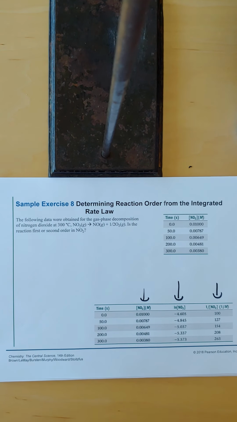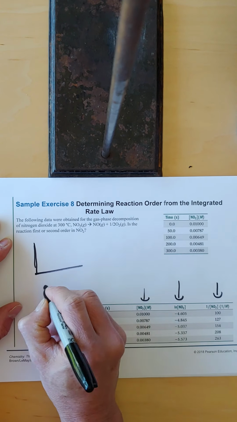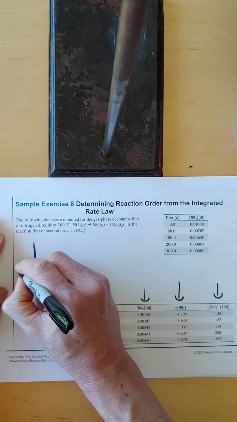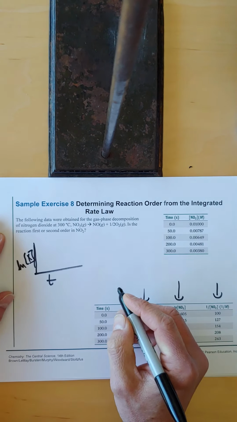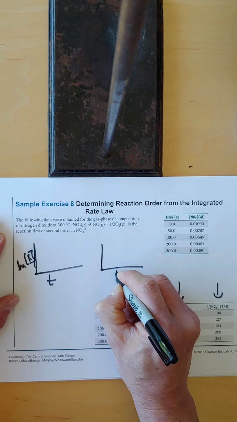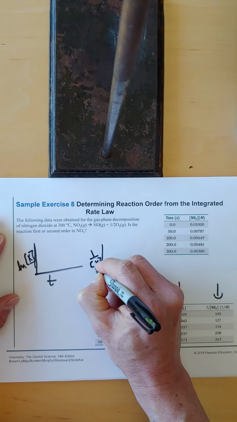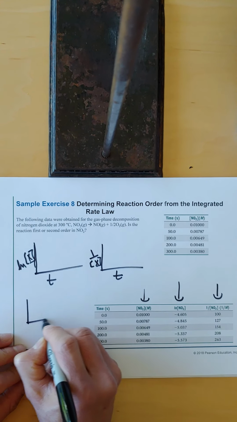So the next step is to actually plot that data. We're going to have two graphs, where we have time on our x-axis, and we plot the log of concentration versus time, and also 1 over the concentration versus time. We want to look for which graph gives us a straight line. If we plotted